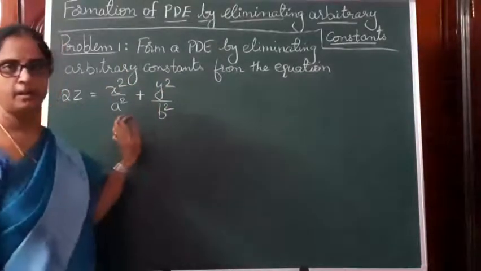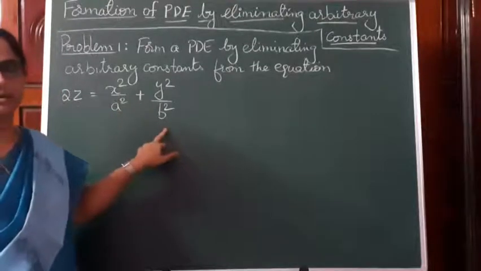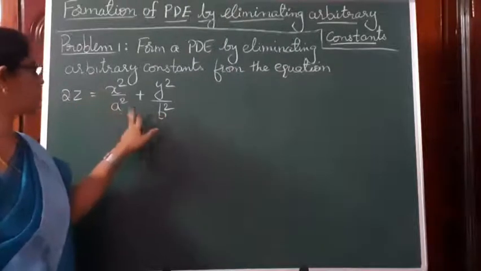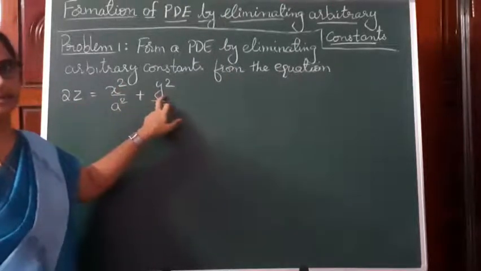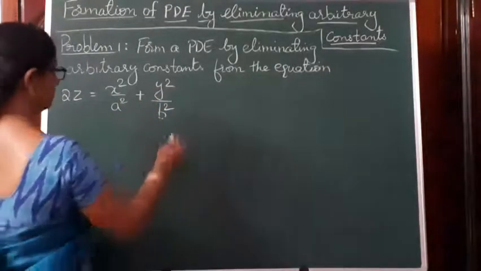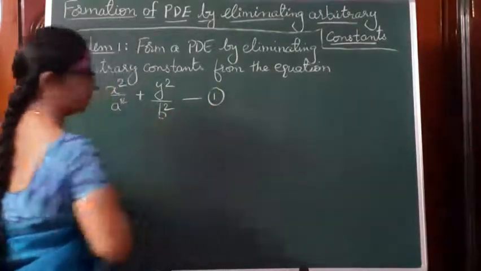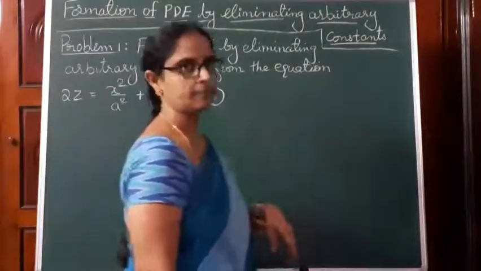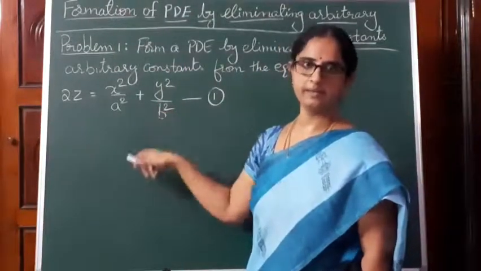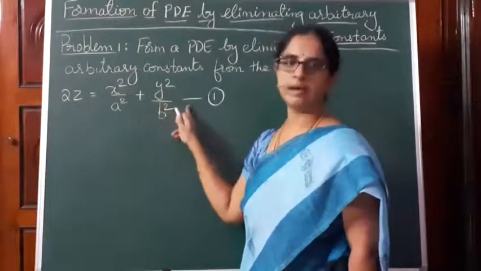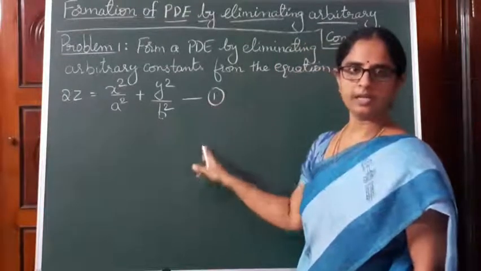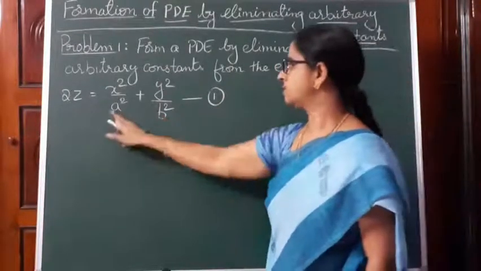First identify what the arbitrary constants are and how many arbitrary constants there are. So here if we look, a and b are arbitrary constants. So there are two arbitrary constants and two independent variables. So we may get a first order partial differential equation. Let us call this equation 1. Now what we do is, we first partially differentiate 1 with respect to x and then partially differentiate 1 with respect to y. So we get equation 1, equation 2 and equation 3. So using these 3 equations we eliminate the constants a and b.